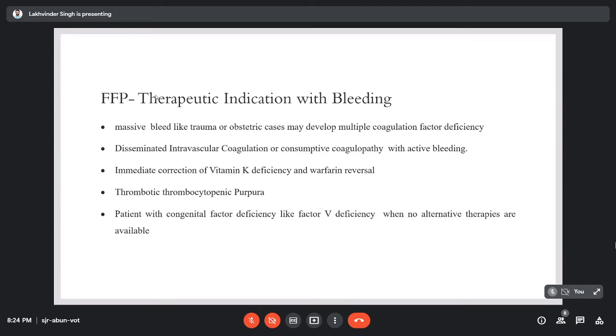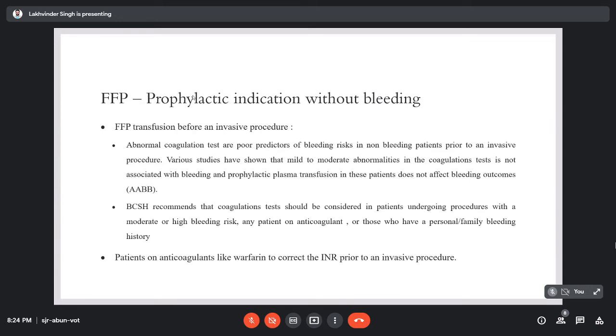Patients with coagulation factor deficiency like factor 5 deficiency, when no other alternative therapies are available for this. Prophylactic indication without bleeding. Nowadays, as they say, FFPs cannot prevent the occurrence of bleeding. When bleeding is there, then they may help in controlling the bleeding. So as said, there is not much use of prophylactic